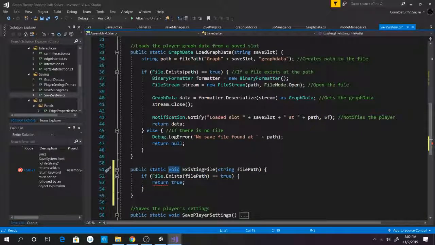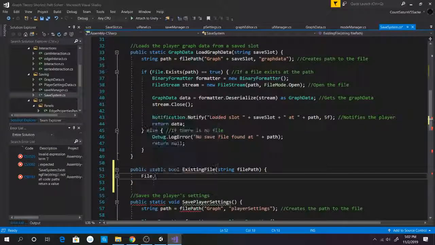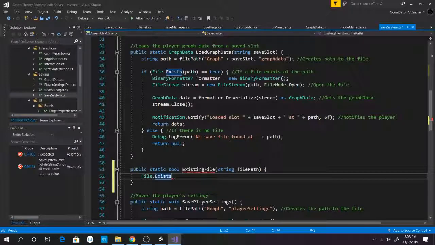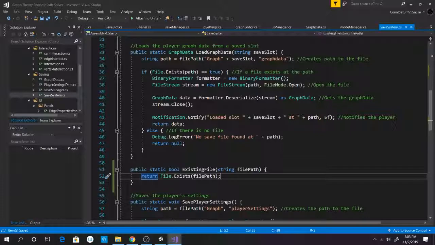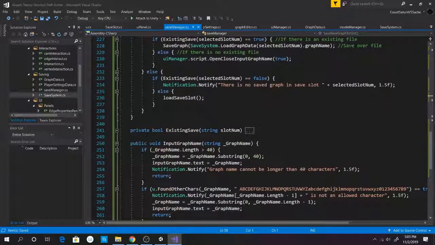Not a void, this one's supposed to be a boolean. And then File.Exists. Is this a get? Return file that exists at file path. Okay, so now what we have to do is go back to our save manager, and rather than doing existing save,